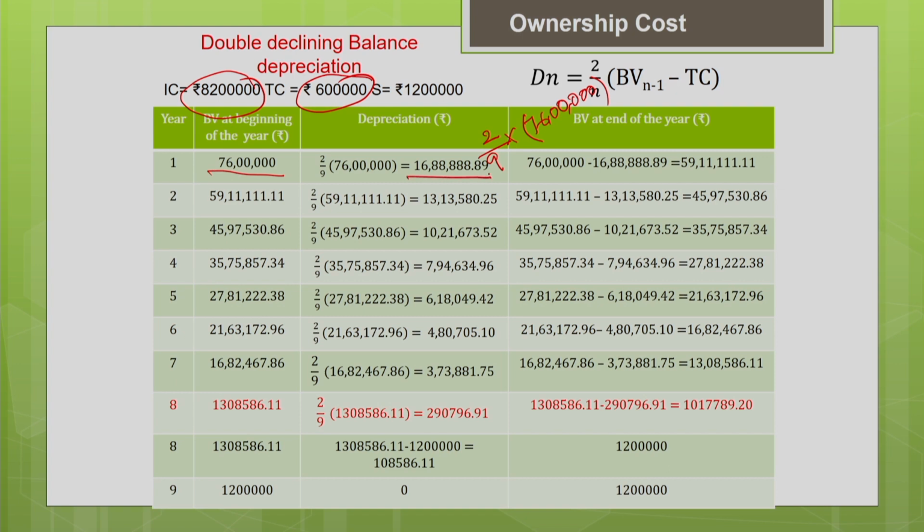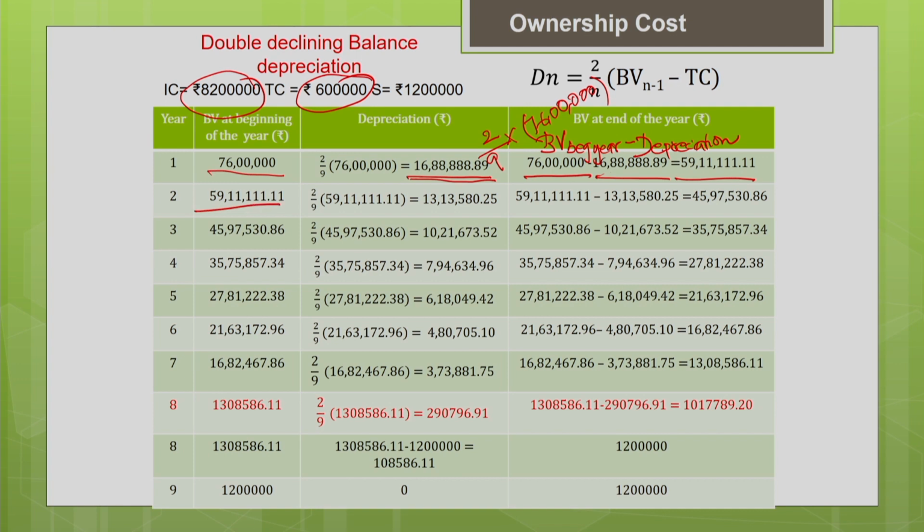Once the depreciation is estimated, what is the book value at the end of the year? It is nothing but your book value at the beginning of the year minus your depreciation. That gives you the book value at the end of the year. So the book value at the beginning of the year is 76 lakh and depreciation is 16 lakh 88,888. When you subtract both, you will get the book value at the end of the year. So this is how we estimate. Now the book value at the end of the year will become the book value at the beginning of the next year. So the book value at the beginning of the next year is 59 lakh